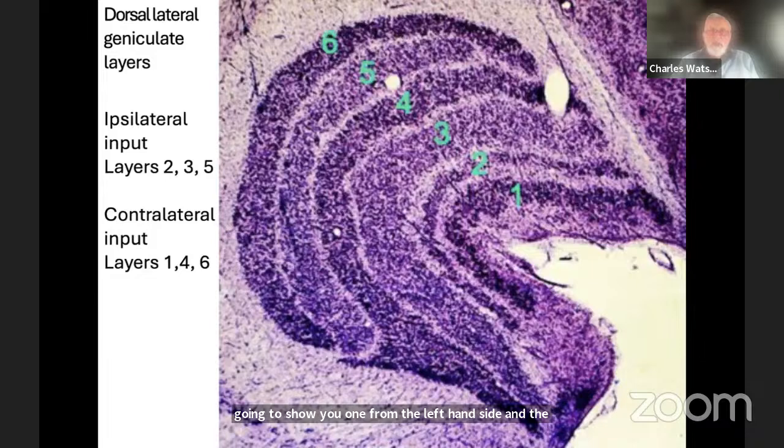In primates, and in the higher primates, the lateral geniculate is actually organized into 6 quite distinct layers, and each one of them receives either from one eye or the other. For example, layer 6 receives from the opposite eye, layer 5 receives from the ipsilateral eye, but this organization is part of the story of a very highly developed visual system for three-dimensional organization.